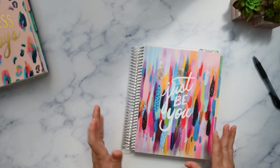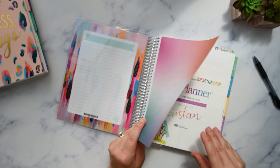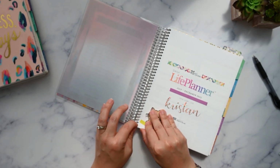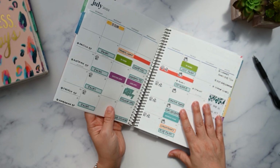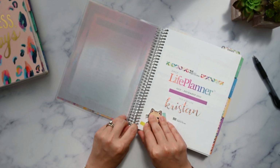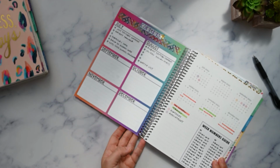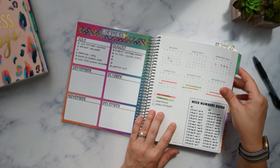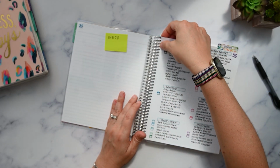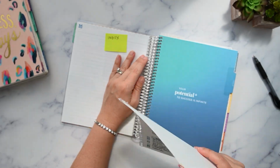So this book is my horizontal weekly, and this is the one that is the most customized so far, and it's really working for me and I really like it. But you can see here it's ripping already, and it's only July, which is the first month in this planner. So I'm not sure how I'm gonna handle that. Yes, it's only the name page, but it's also my contents page on the other side. So the thing that you can do is you can actually snip out your notes pages with some, I just